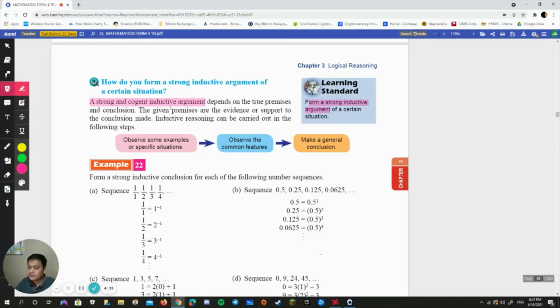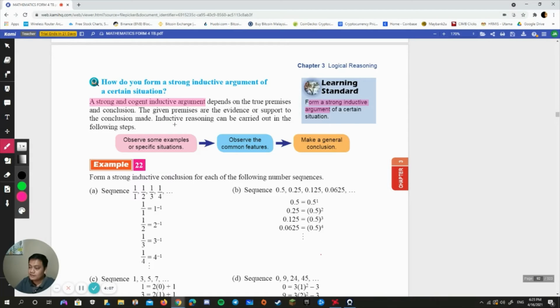A strong and cogent inductive argument depends on the true premises and conclusion. The given premises are the evidence or support to the conclusion meant. Inductive reasoning can be carried out in the following steps. You can follow these steps